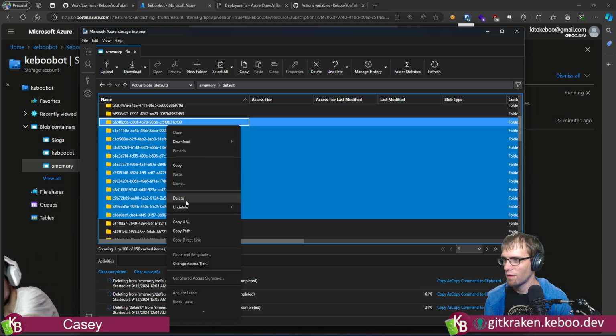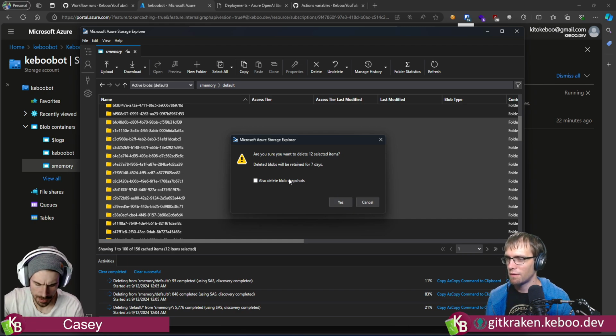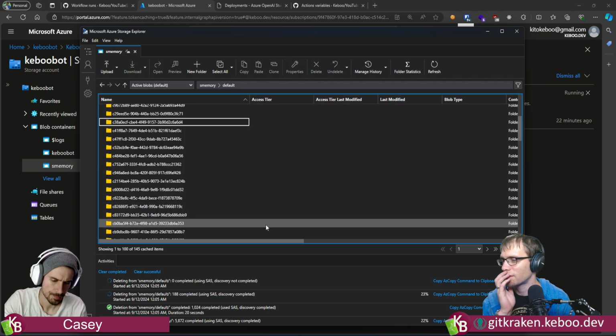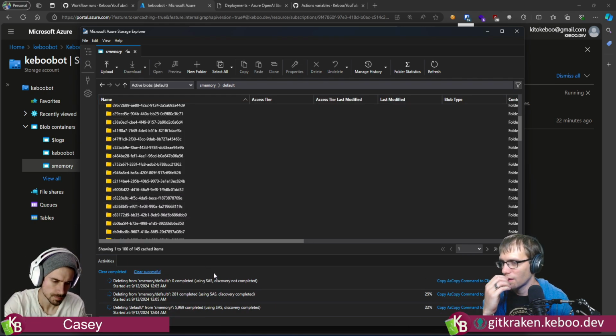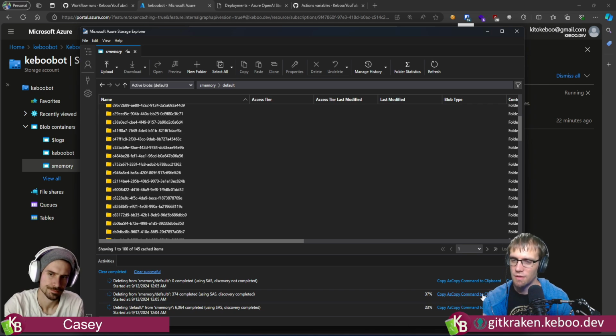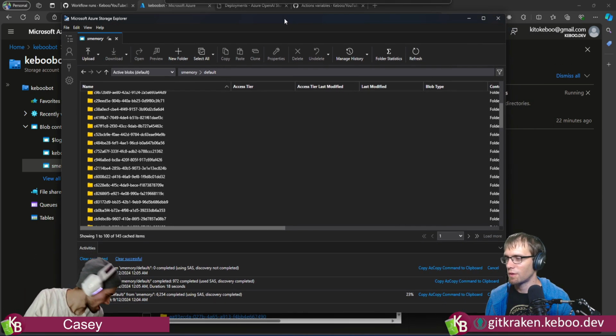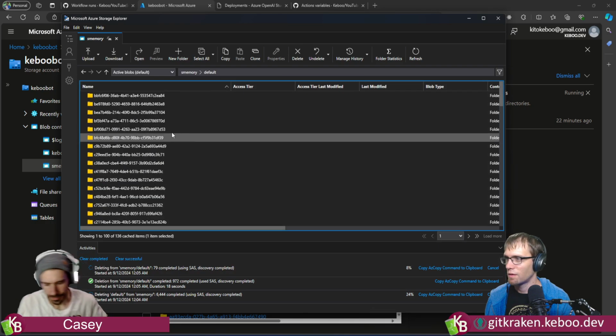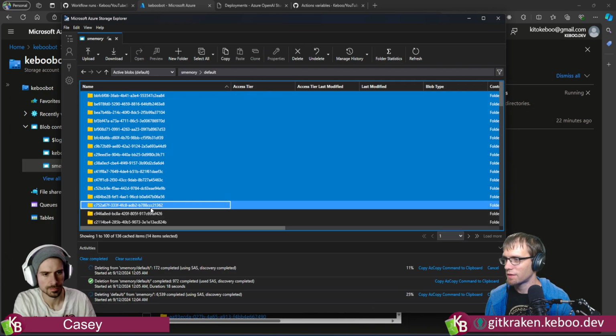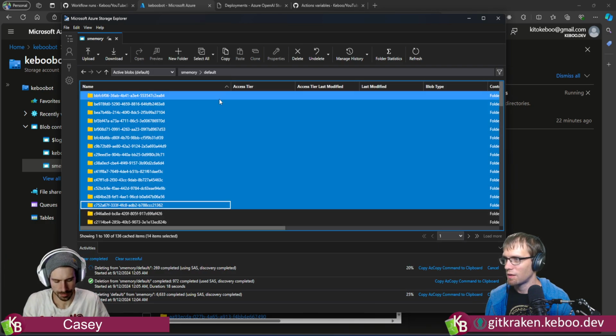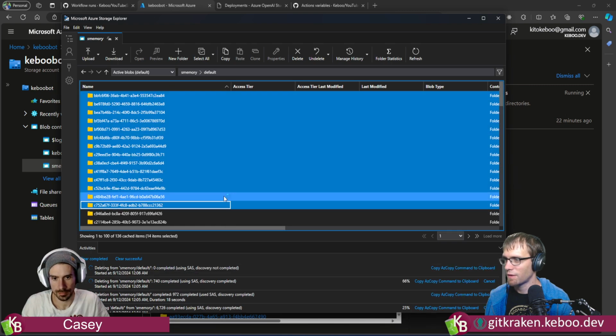And were you saying AZ copy under the hood? I believe it's AZ copy under the hood is what it's actually executing. Because you can see copy AZ command to clipboard down in the bottom. So it will kick off quite a bit of that stuff, which I think actually gets me significantly faster.